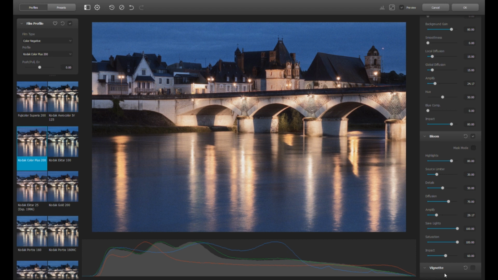And then down to the last one, which is vignette. So you can give it a vignette if you want. It's entirely up to you with that, but I think it works quite well either way. Choice is yours. So that's pretty much about it really, as far as any changes I'm going to make with that particular